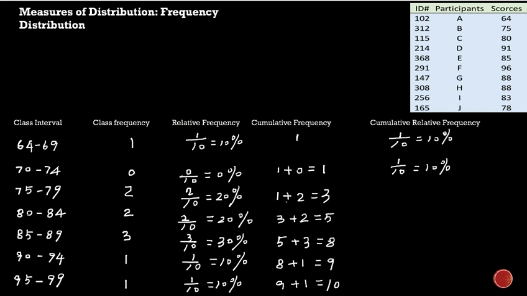So cumulative relative frequency is just the corresponding cumulative frequency divided by the size of the data. For this one,